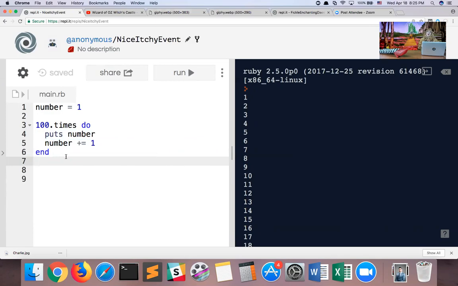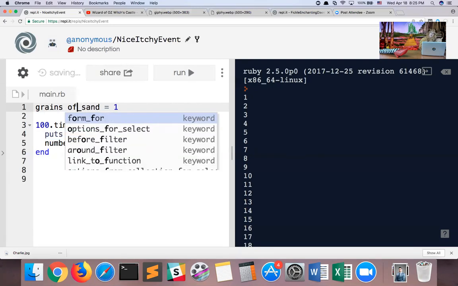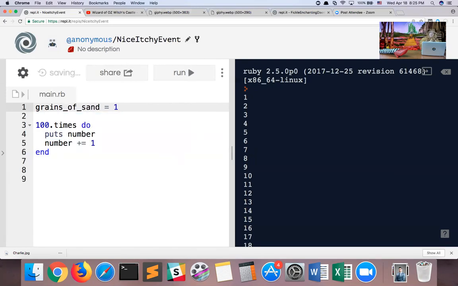Okay, so if we wanted to replicate the hourglass, we can do as follows. Let's make a variable called grains_of_sand. Now you'll notice that I use these underscores here. If I were to put spaces here, Ruby would not like that. Ruby says that's a problem. You can't have a variable that contains multiple words with spaces. If we want to make a multi-word variable, we need to do something like this. The most common way of doing that in Ruby is putting these underscores.